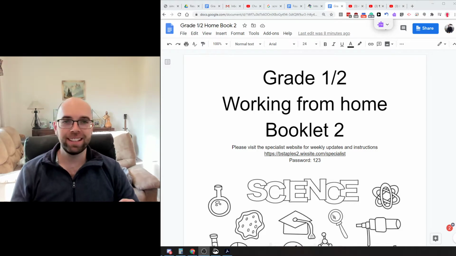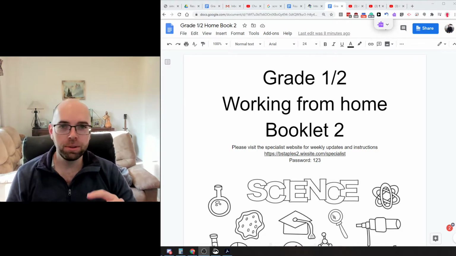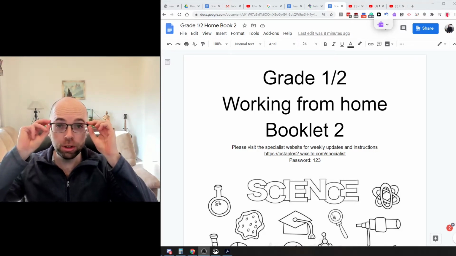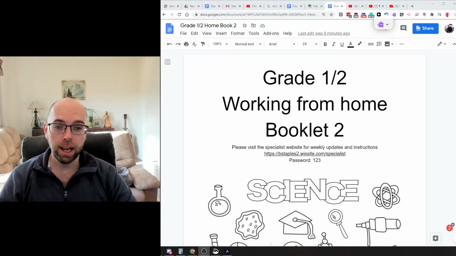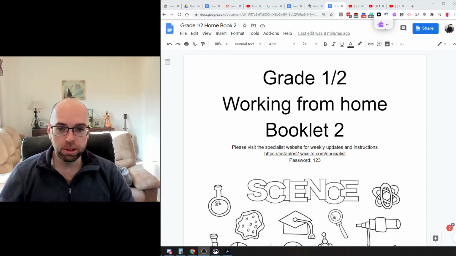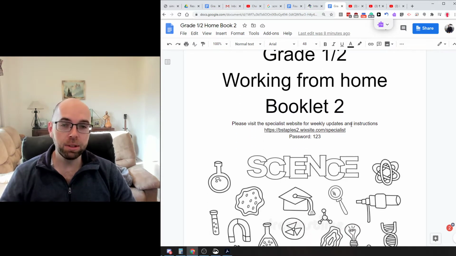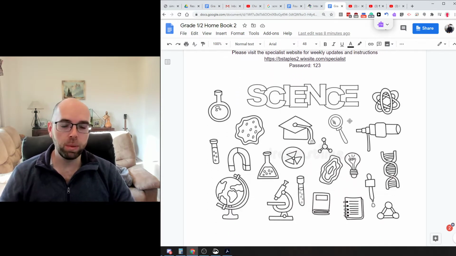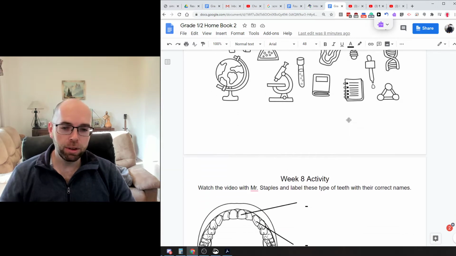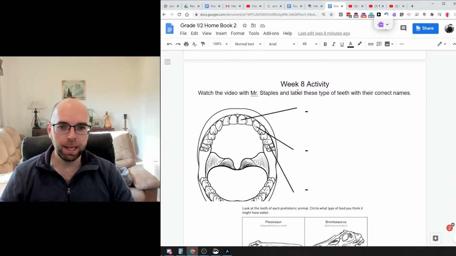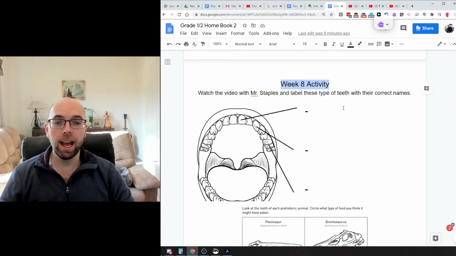Now, today's science lesson, we are going to be using a new booklet. You should have got this new booklet from the school already, and you can tell because it'll have booklet 2 written on the front of it. So make sure you have booklet 2 for today, but we are still continuing with the work we have been doing. The first activity on here, which will be called week 8 activity,